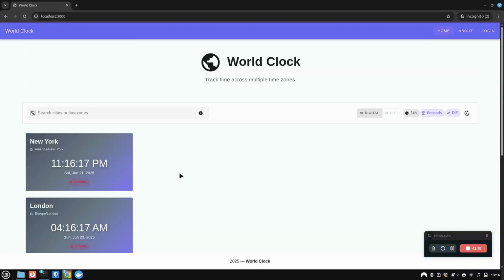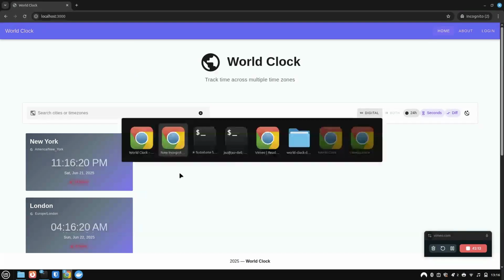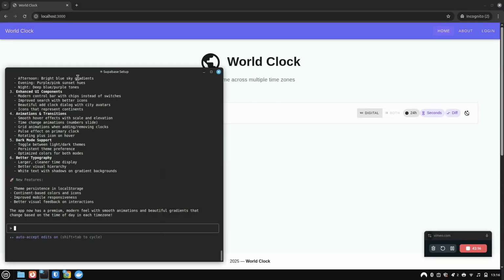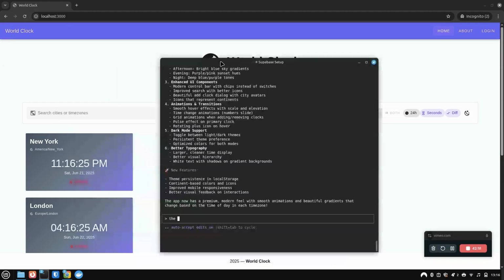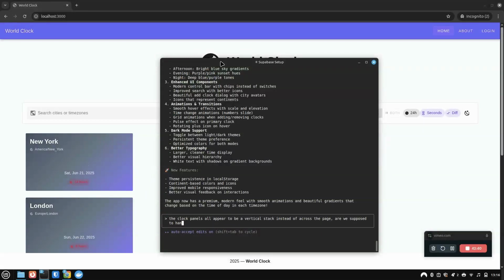Okay, I mean, this is not part of the demo of installing this, but I guess on principle now, I can't just leave it like that. The clock panels all appear to be a vertical stack instead of across the page. Are we supposed to have an analog clock view? I see the toggle for digital,